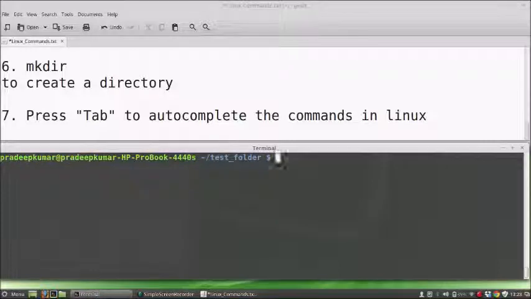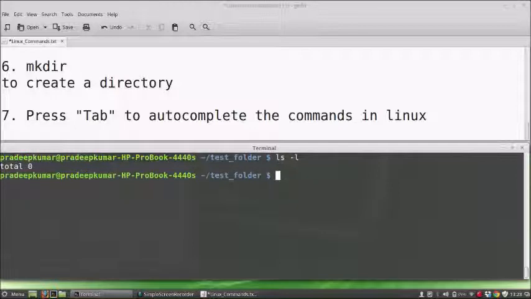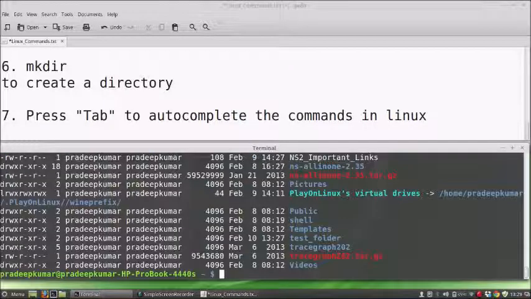Now next is chmod. I was telling about this ls -l. I go to the home and run ls -l. When I run this command, you can see this file, and you can see this folder, Pictures, or see your test folder, and this file or this file. These are all files. The blue color indicates they are all folders.